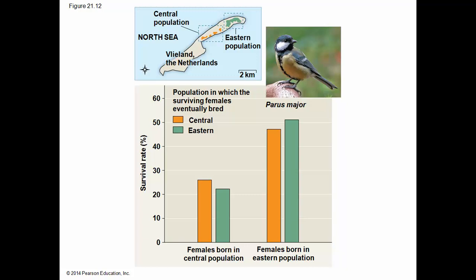Okay, so here's the gene flow. Females born in the central population versus the eastern population. It seems that females born have a greater chance of survivability in the central population, whereas the survival rate is still high in the eastern population, but